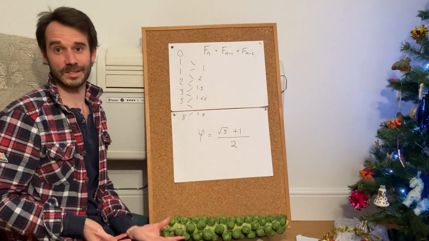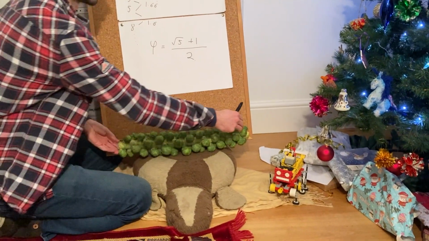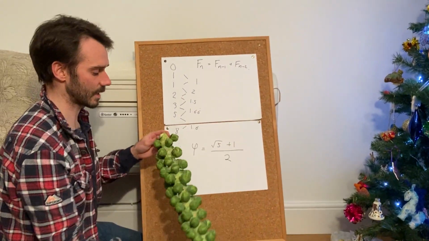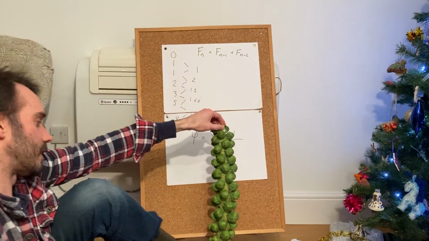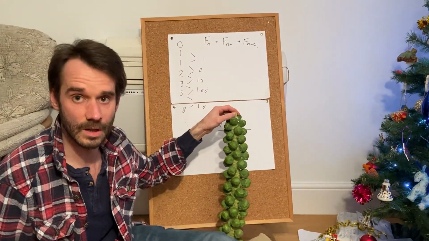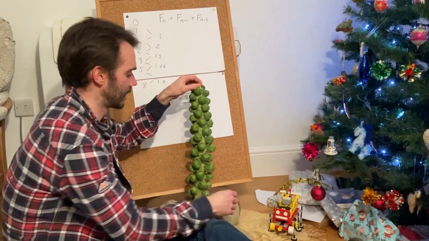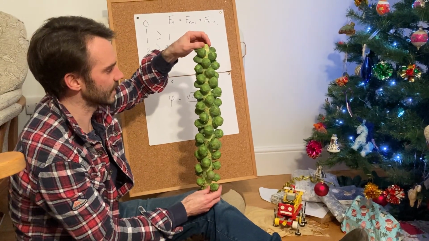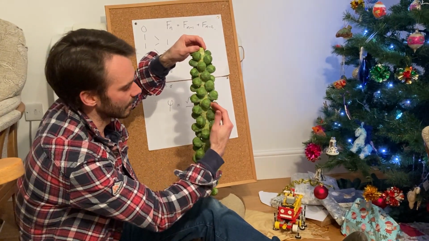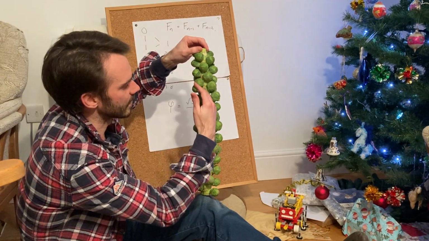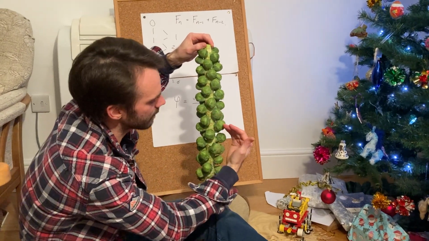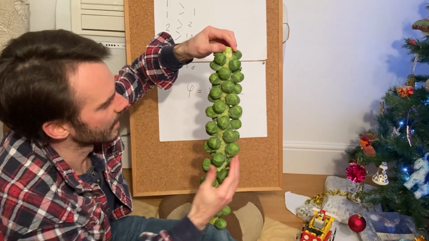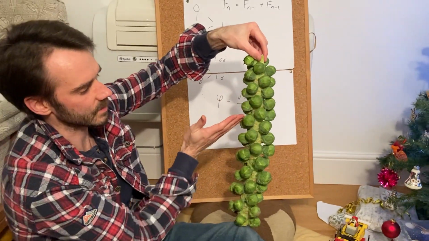Now, how does this relate to our Brussels sprouts? Well, let's think about that. It relates to something called phyllotaxis, which is the distribution of leaves around a stem. And if we look at our stem, we'll see that the sprouts are organised along spirals. Okay, so we've got these left-handed spirals going like this, the steeper spirals, and then we've got these right-handed spirals that are